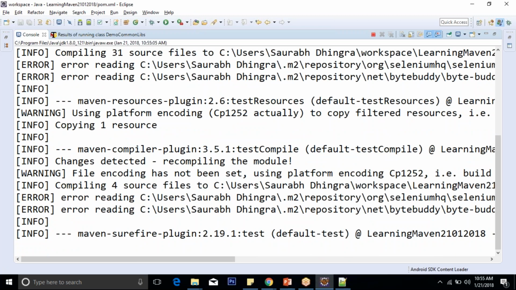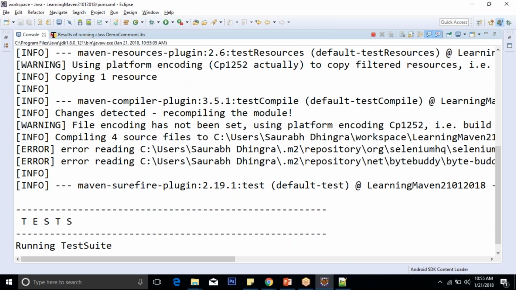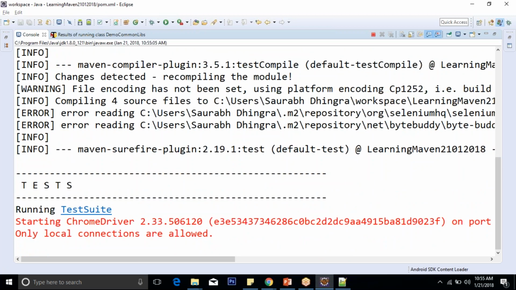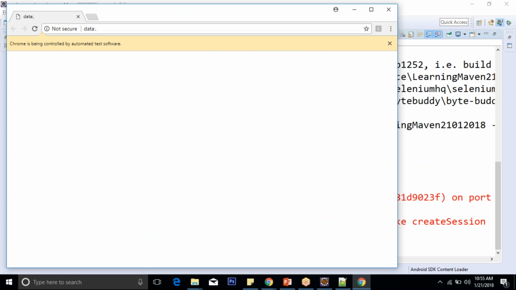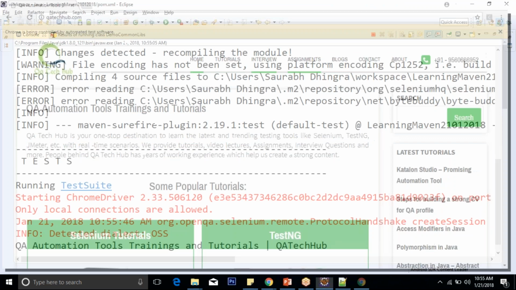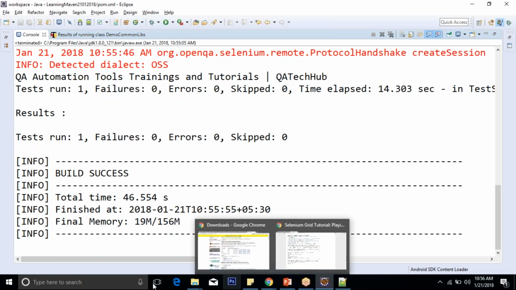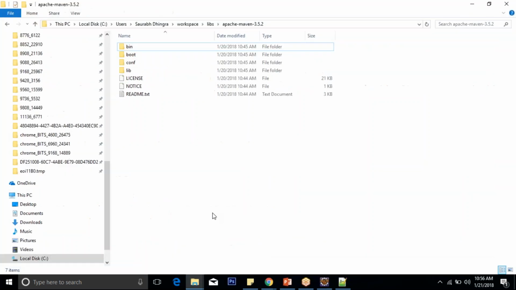For the first time, it always takes some time, and then later on, it will be very quick. So you can see it is executing the test suite, and it has started the execution as well. Now it is going to close the browser, and you can see total test runs were 1, failures 0, errors 0, and skipped 0, whatever we executed. And if you come to this Maven project here,